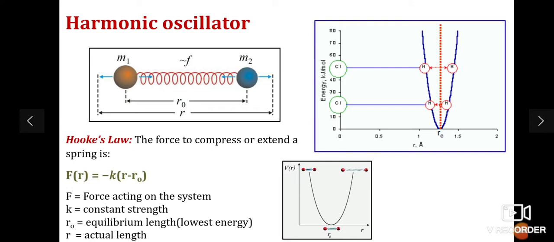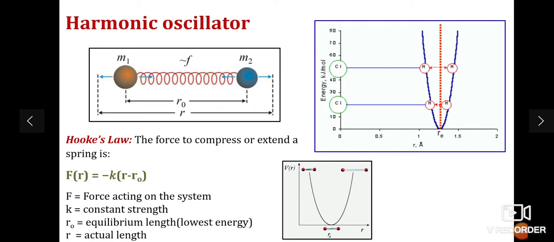So the hydrogen will be in motion. The chlorine is stationary, and the distance between the hydrogen and chlorine will increase or decrease. So you will get a parabolic type of curve, as you see in the second